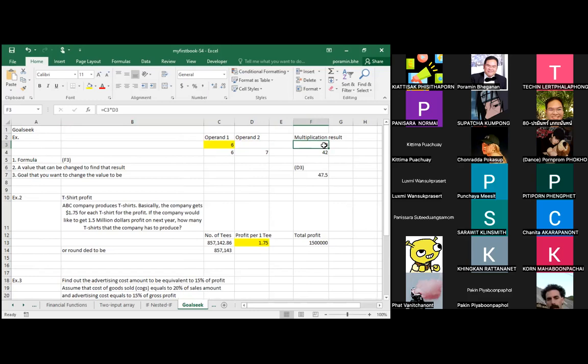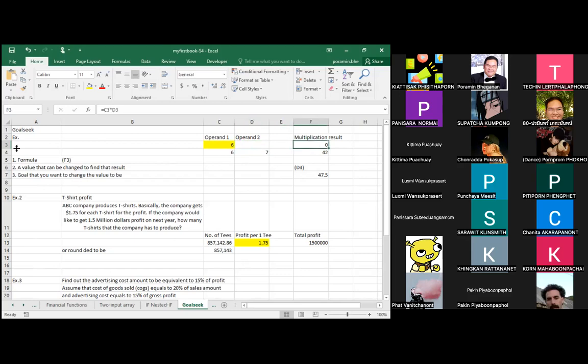In this example it's multiplication, so this one is the multiplication coming from 2 operands, or 2 values multiplied to each other. Then you have to know which value can be changed to find the result. For example, if you want the multiplication result to be 47.5 and operand number 2 is the value that you can change to get the result, while operand 1 you want to fix,